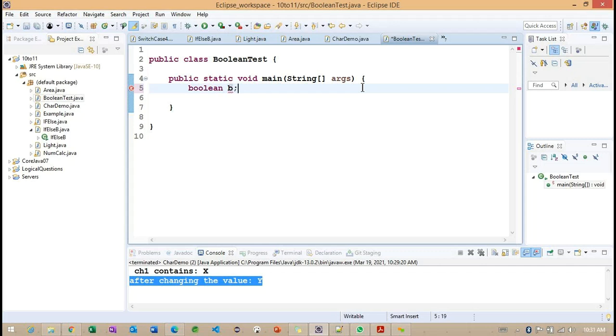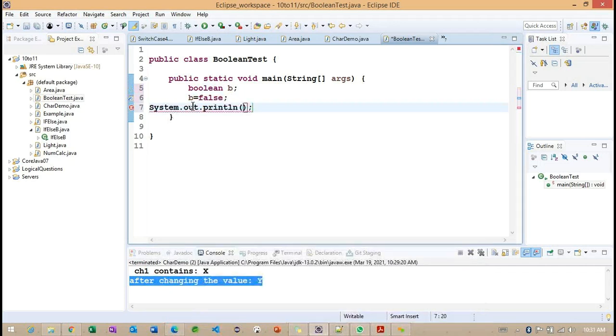And what is the name of the variable here? That is called b here. So initially I'm making b is equals to false here. As we discussed in the last class, we can initialize only two values here. Either we can insert true, or we can insert false. Okay. So I'm initializing false initially.